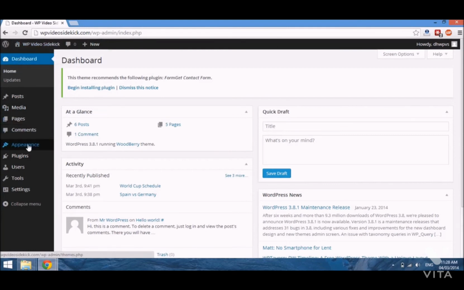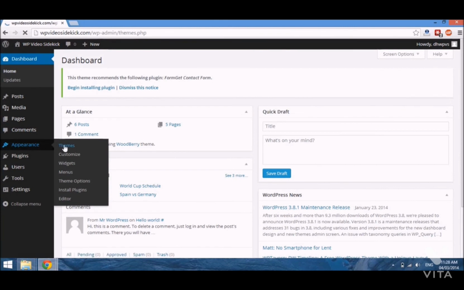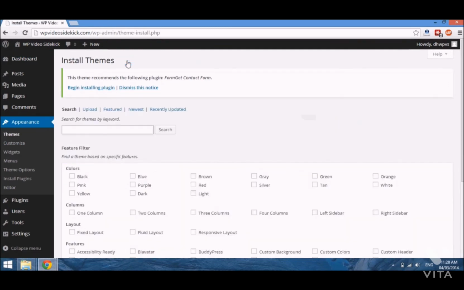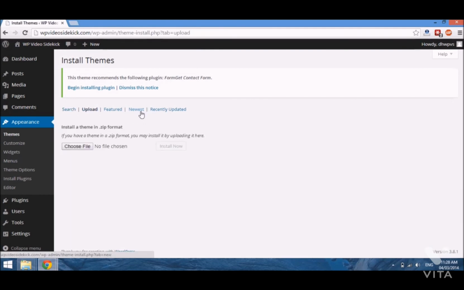If we go back to Appearance, Themes, Add New, and then we would select Upload. And as you can see, there's just a little message that says install a theme in zip format. Okay, so it has to be in a zip format. So wherever you get your theme from, whether you paid for it or it's free, then it needs to be in a zip format and what will happen is that